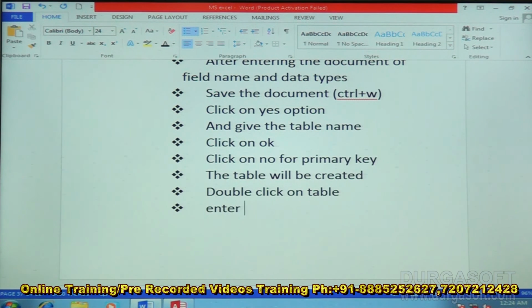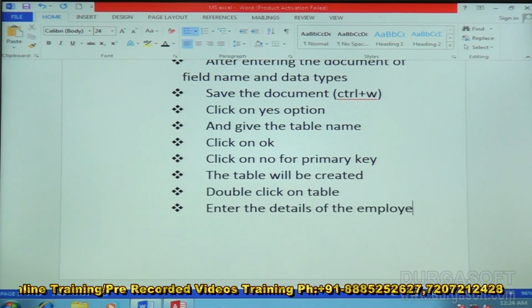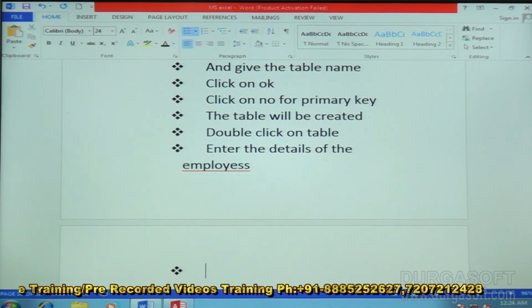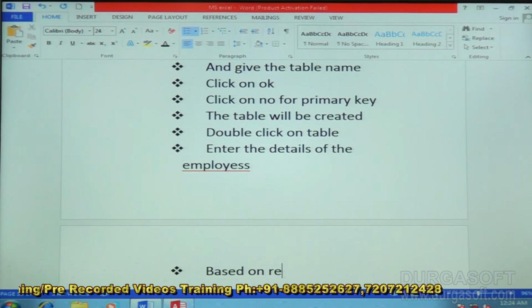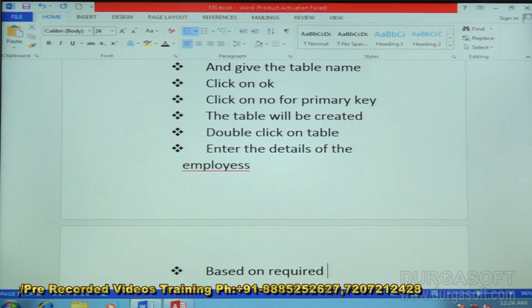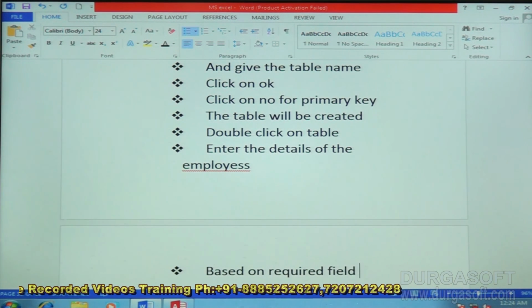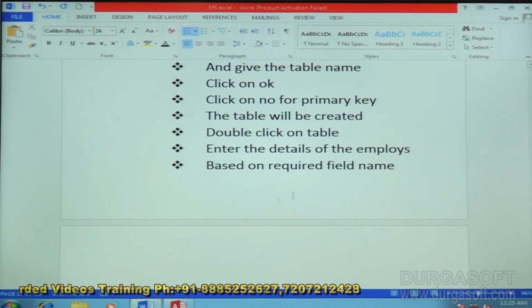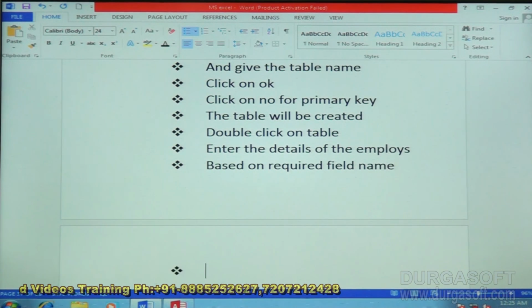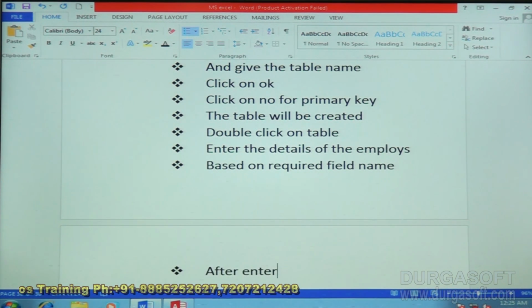Enter the details of the employees based on the required field names. After entering the data,